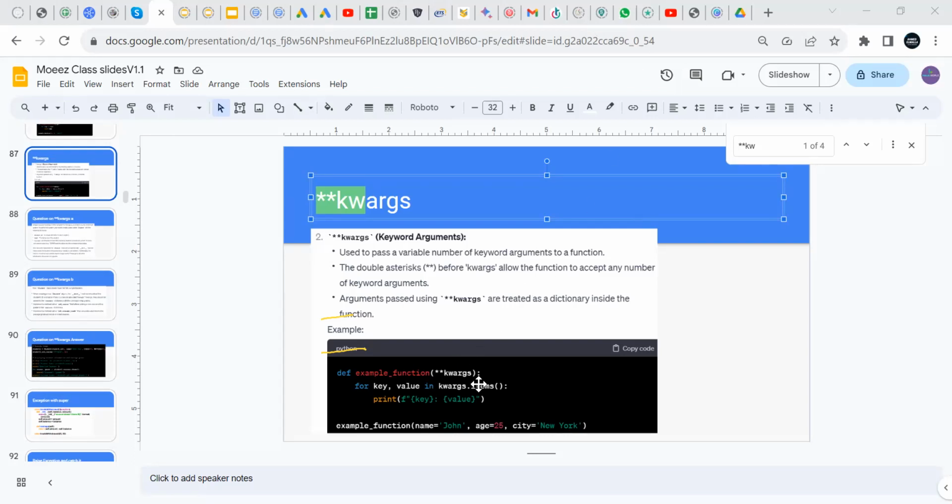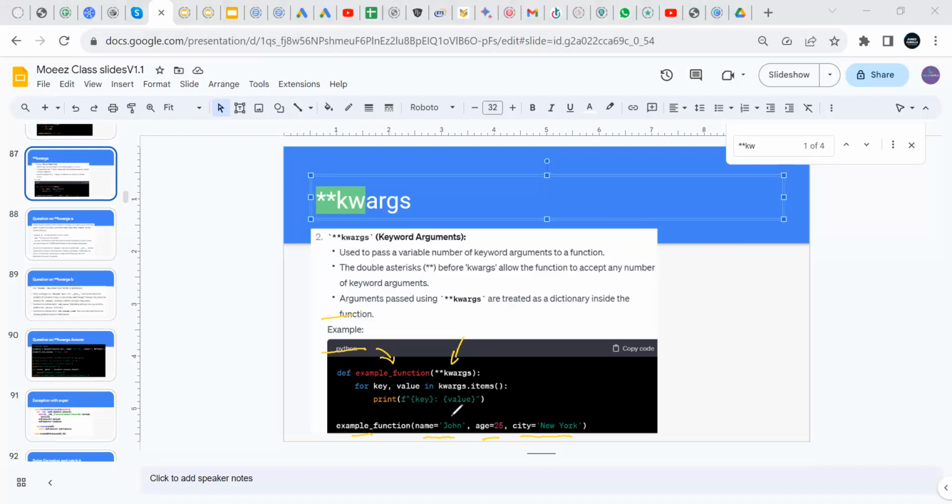If we are looking here, we pass a name, age 25, and city as New York. And this is the example function definition. We use the asterisk asterisk kwargs, and once we do that, we treat the parameters that we are passing to the function as if it is a dictionary, and we can loop through it.